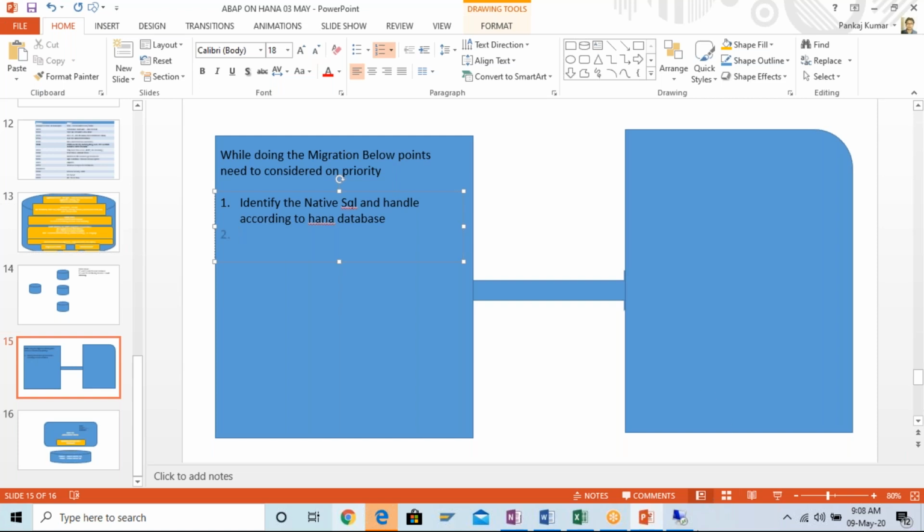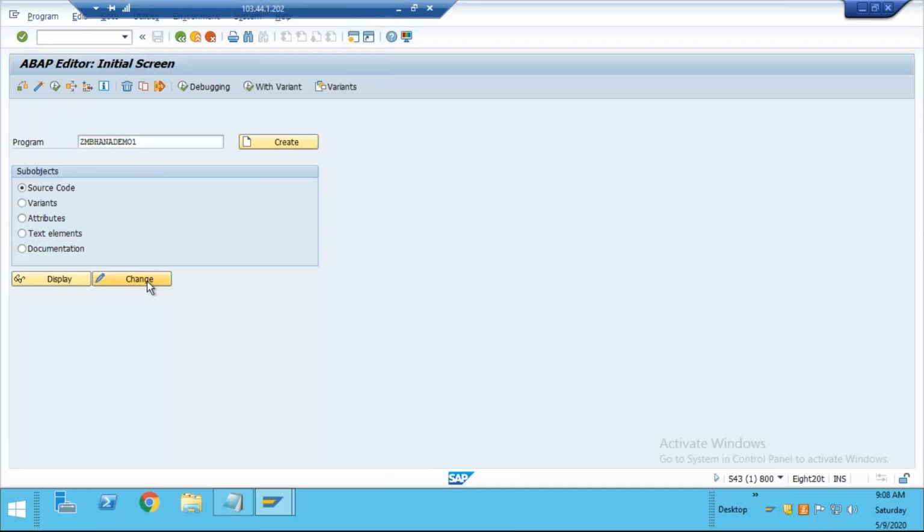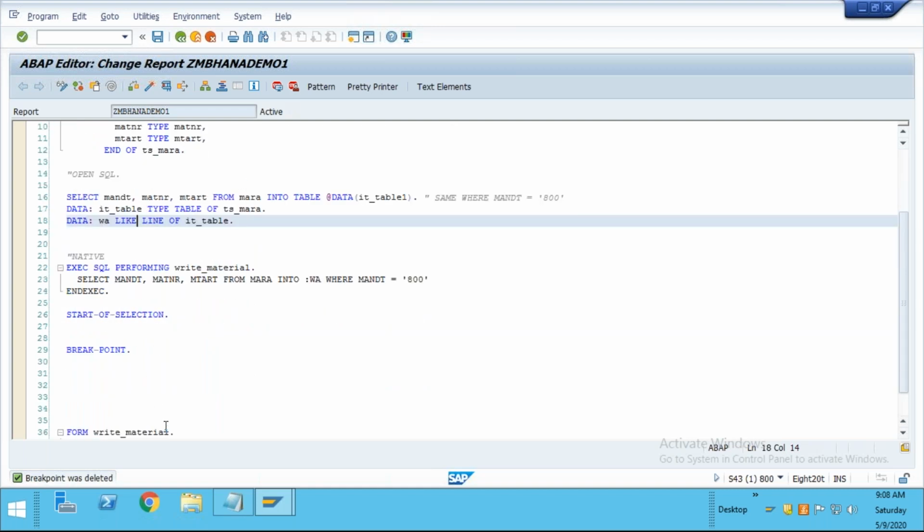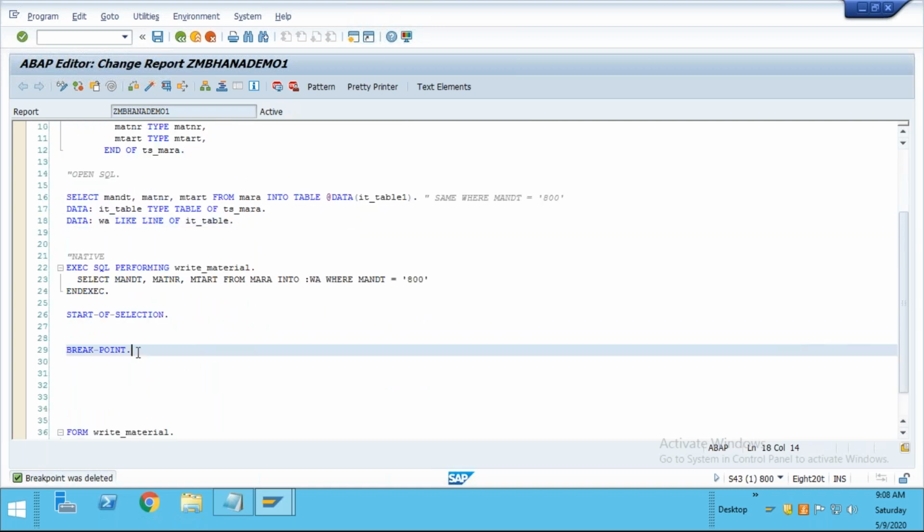So what happens when we write some select query over here? This is actually a HANA database, right? The current